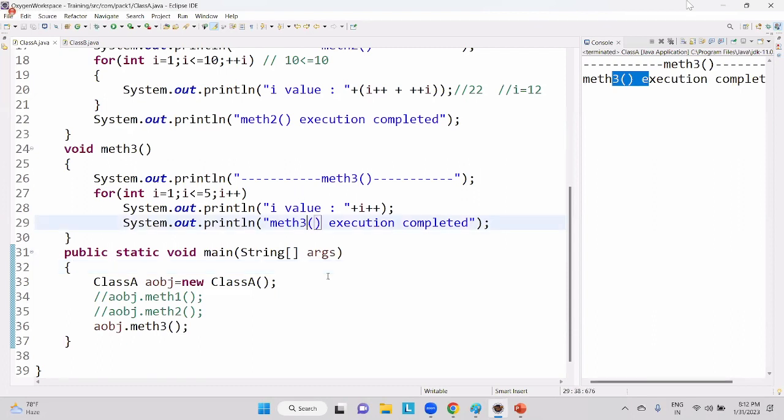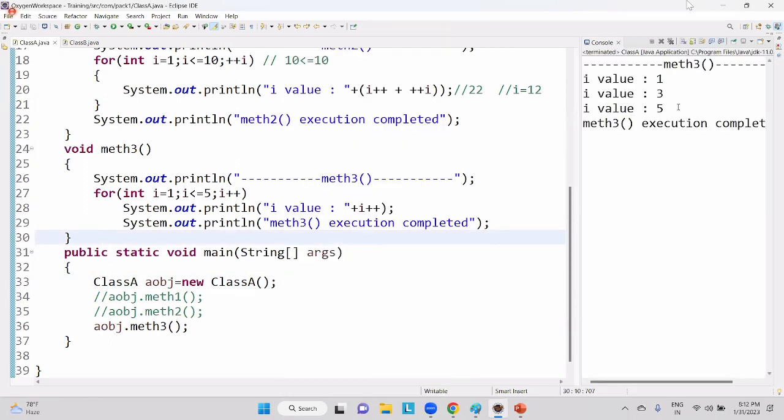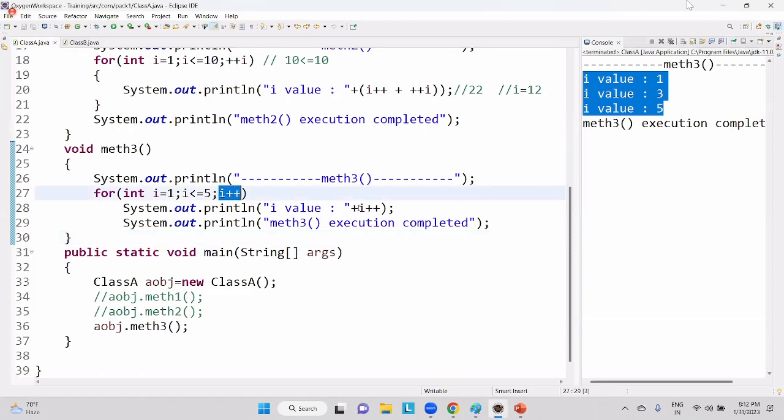How many times i value will be printed? 3 times. What happened here? Simple math, guys. Come on. Okay, right click, run as Java application. We will be printing i value for 3 times. Why? Because here it is incrementing and here all